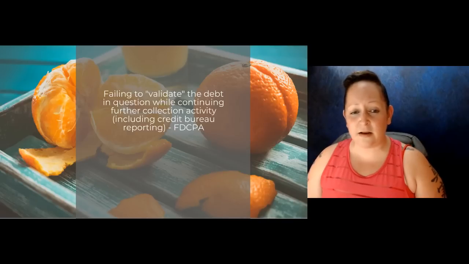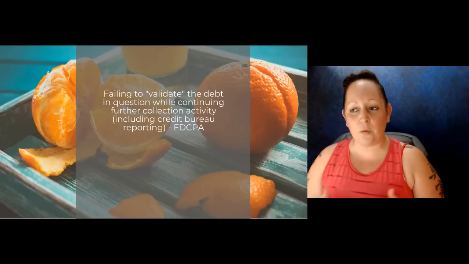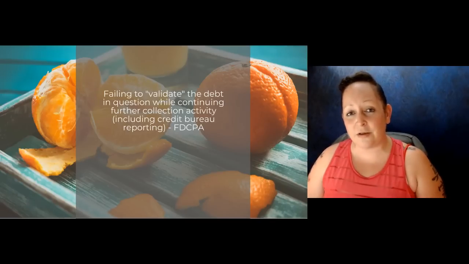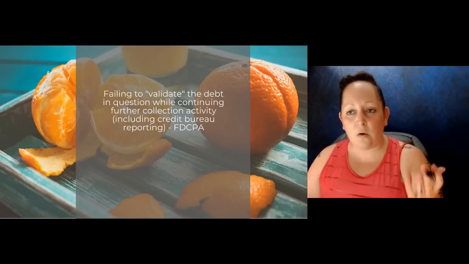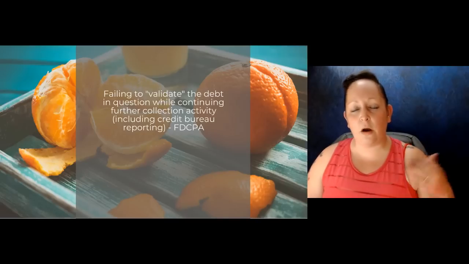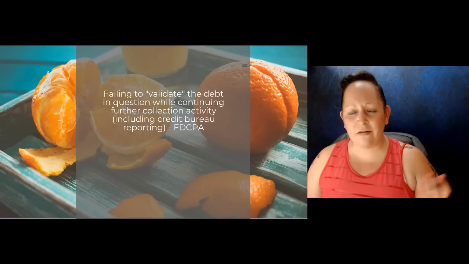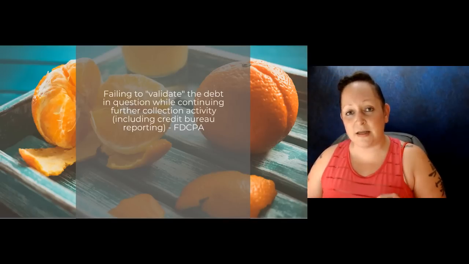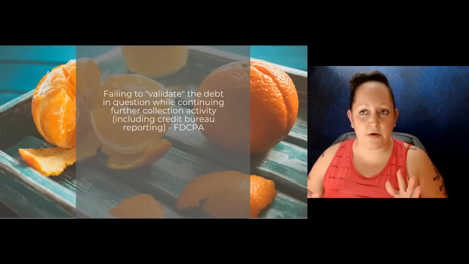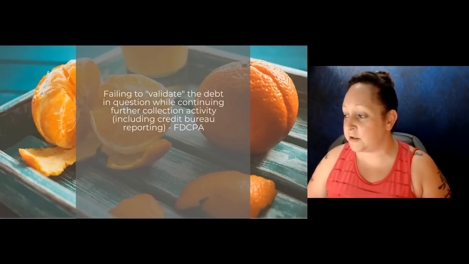Failing to validate the debt in question while continuing to report it on your credit, which is still further collection activity. Because if it wasn't, they would have removed it. They would stop calling you until they actually sent that proof that you owe Account Recovery Services, or that you owe Portfolio Recovery, or that you owe the original creditor, I mean, Walmart, whoever it was, right? So that's another thing that you need to keep in mind, and you can use it simply by disputing it with the bureau. So in this instance, you would want to put, yeah, they come back verified, right? Okay, so,